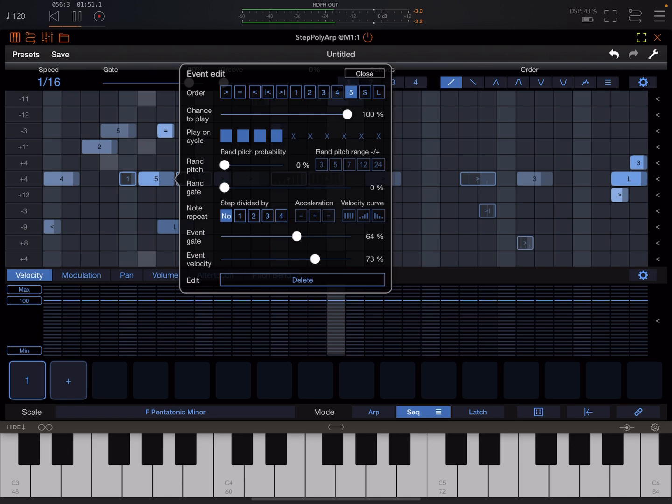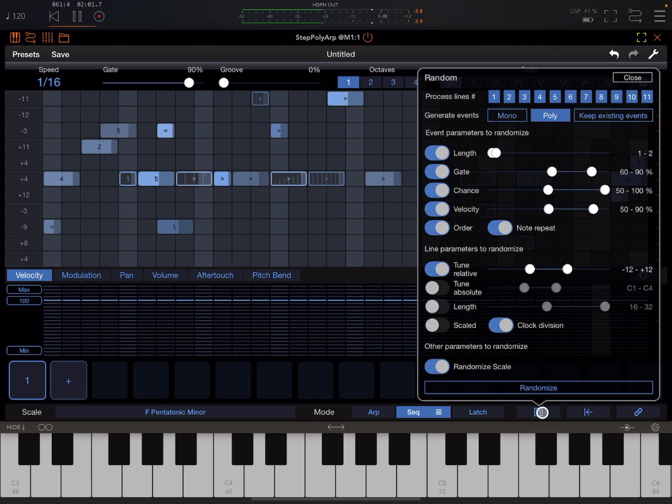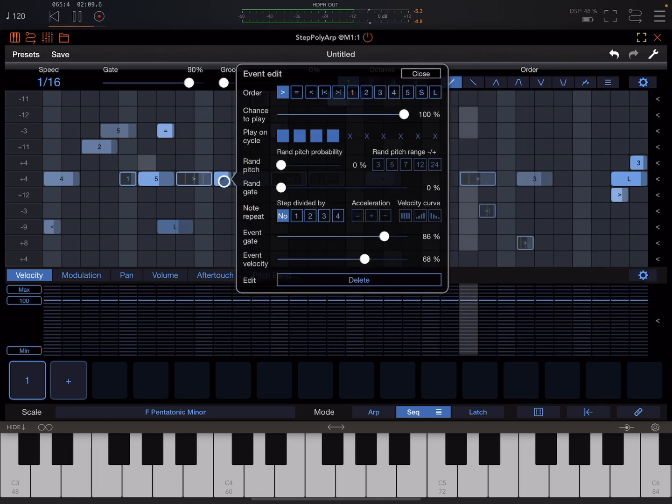So, this thing I've been playing here is just a sequence that I used the randomizer to come up with. So let's look at the randomization options first. So the first thing is, right, this whole huge randomization section. But we can also do random pitches by event. So if we click on an event here, you can see that you have sliders here for random pitch probability and random gate probability, and you can set the random pitch range there as well. So let's go back though, and let's just look at the